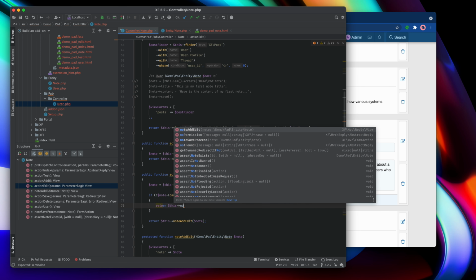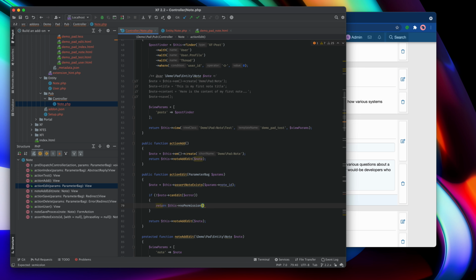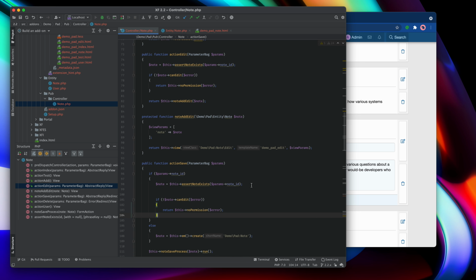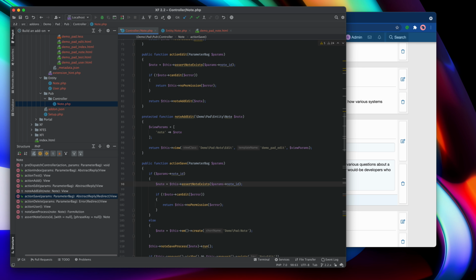We could do a no permission error, couldn't we? No permission, and then we'll pass the error that we got out of the entity as the option, and we're done. Now we're also going to need to put this exact same thing into the action save in the case that it's an update, so that's here. So returning false if we can't edit the note that we got there.